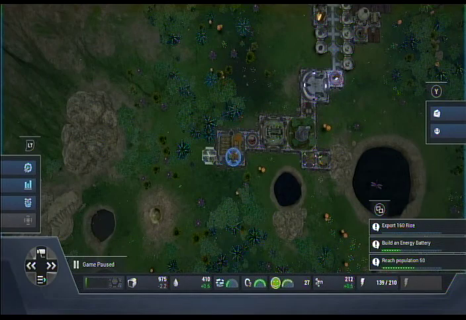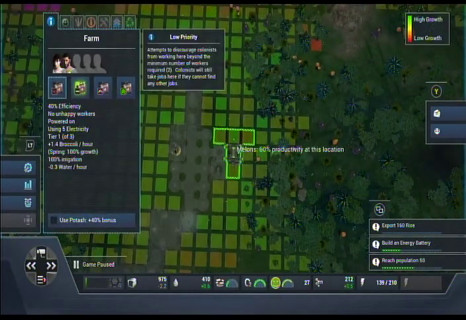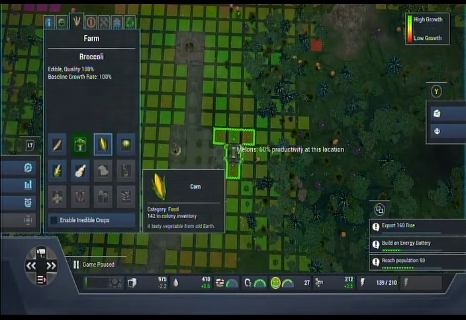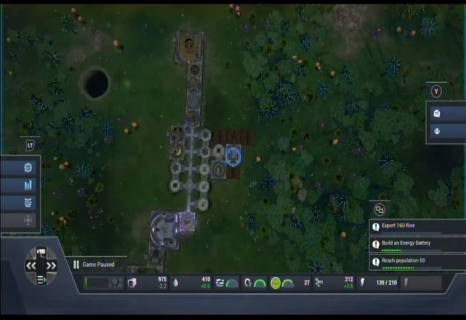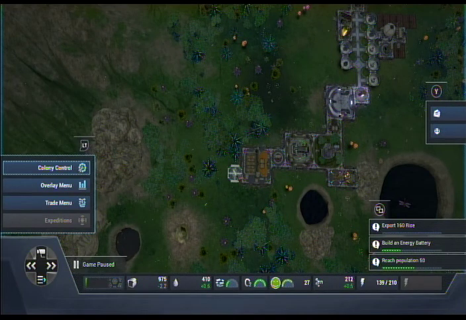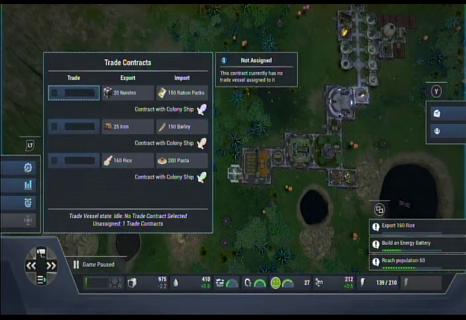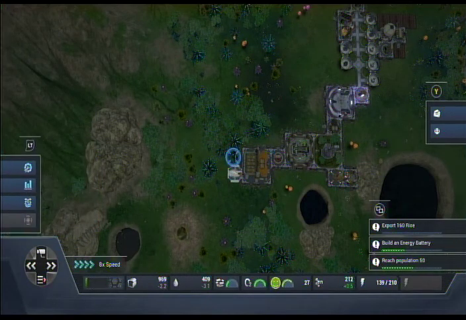Watch this. We're going to turn off the broccoli. Well, winter just ended anyway, so we'll turn off the broccoli. Rice. 70% productivity at this location. Okay. So we'll have plenty of time for rice. So I'll tell you what. We turned off the rice. We're going to grow some rice. Trade menu. We're going to export the rice. We'll have plenty of rice by winter, and then once we get up to 160, then we'll be able to